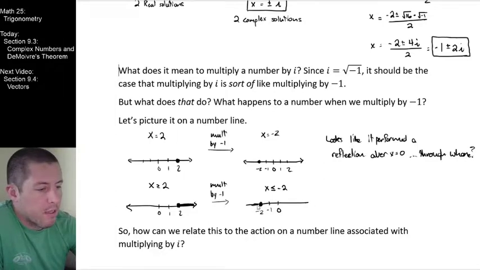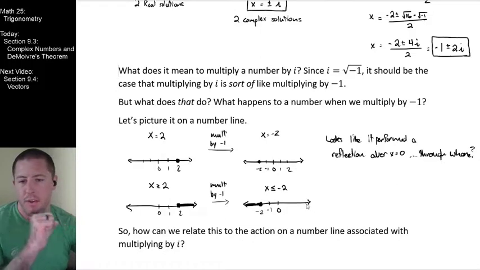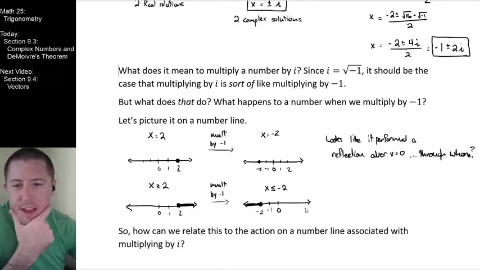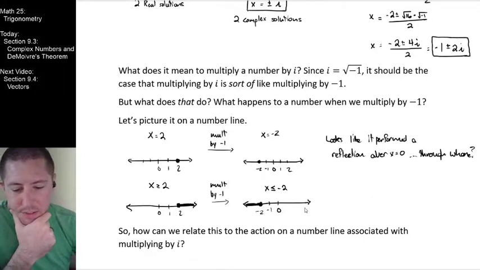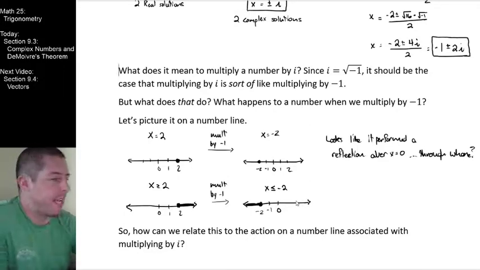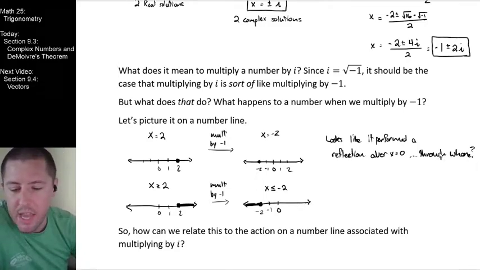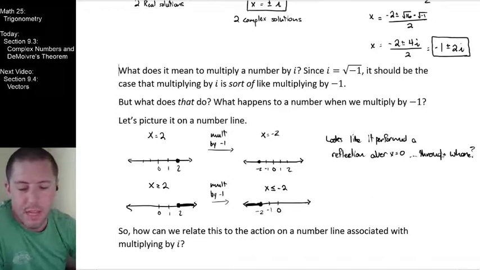And therefore, being less than or equal to negative 2 should put all of those points that we saw before over here. So again, when we multiplied that inequality by negative 1, did it just disappear all of our points on the right and put the infinite number of points on the left? I don't really feel like that's what's happening, right? Where were all those numbers for the instant that they weren't at the positives and they weren't at the negatives right there? Through what space were they moving to get there, right? When I say through where, through what space did they move to go from the original location to the new location associated with that multiplication by negative 1? So what I feel like is happening here to me